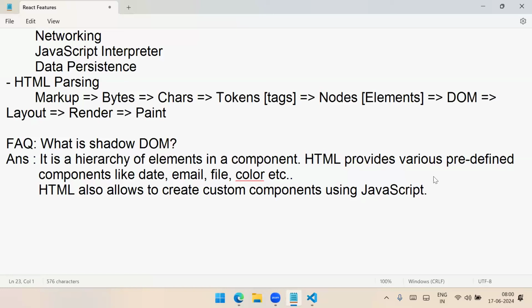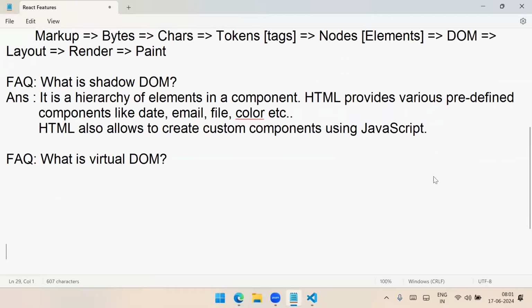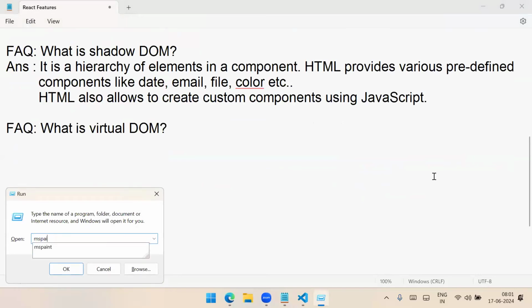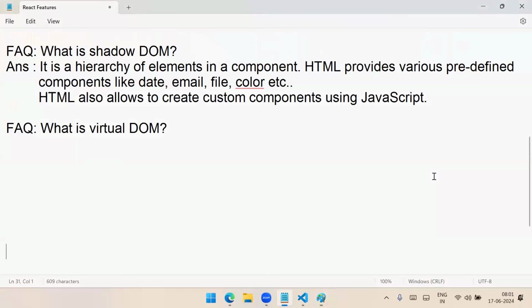Next important, now comes the key part: what is Virtual DOM? What is the concept of this Virtual DOM? React uses Virtual DOM. Then the point is, what is this Virtual DOM? Virtual DOM is nothing but,